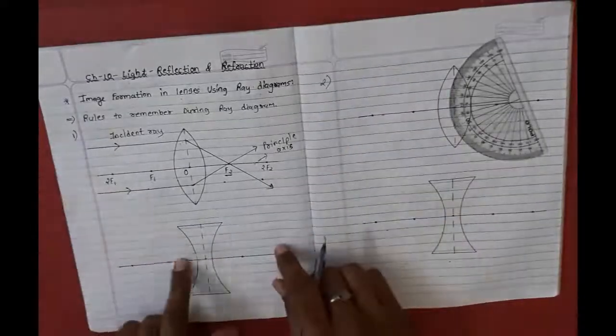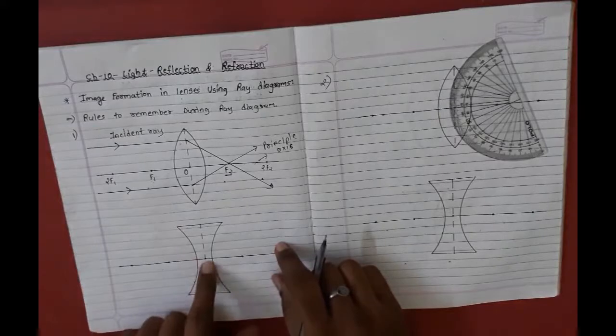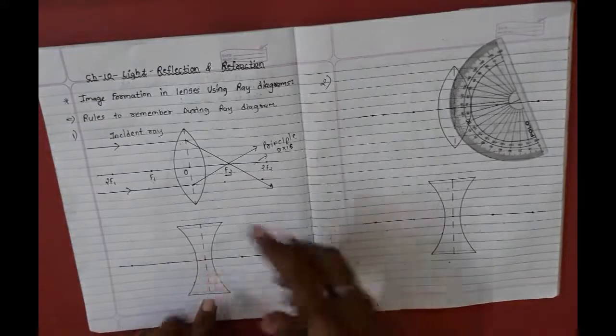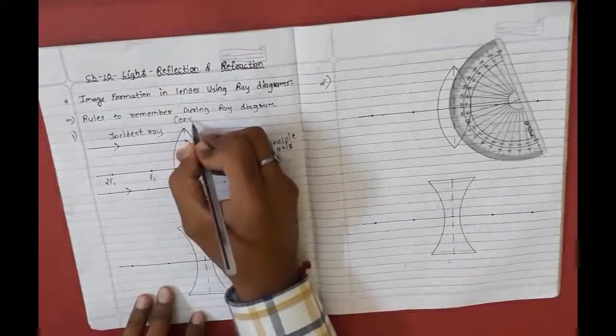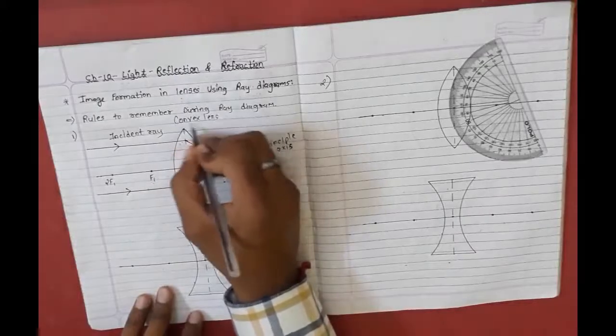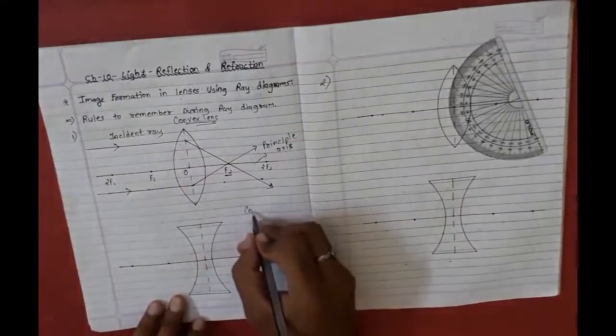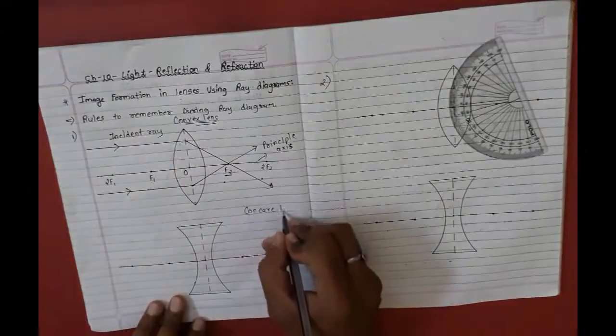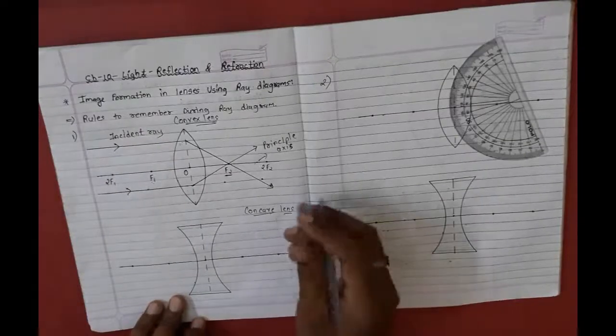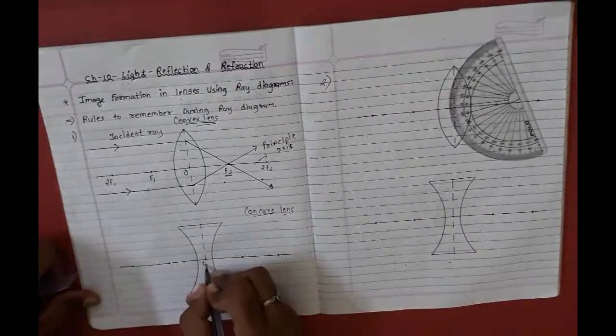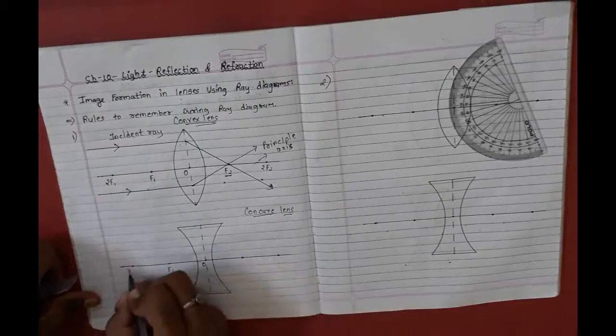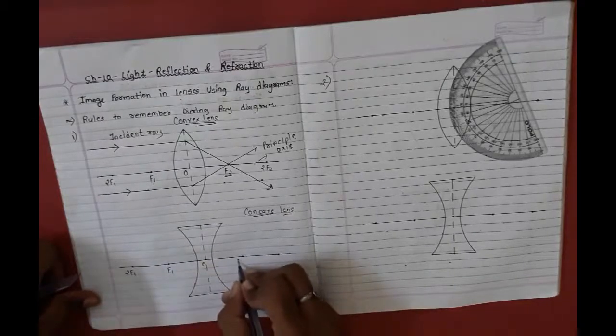Now the same thing will happen in concave lens. Okay, this was your convex lens. Now we will learn the same thing for concave lens. So what happened in concave lens? Again, this is your optical center, this is your F1, this is your 2F1, this is your F2, and this